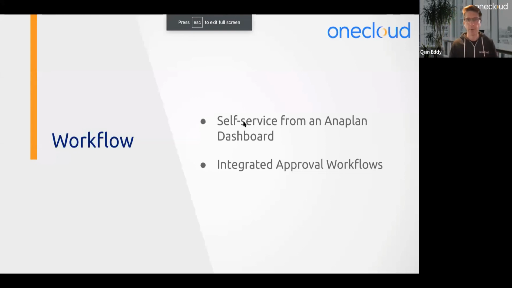And here we're going to focus just on self-service from an Anaplan dashboard and integrated approval workflows. I'll actually talk about the integrated approval workflows first. We just demonstrated that. That's the whole idea of approve your data before you move your data. And then self-service from an Anaplan dashboard, which really makes it easy for end users to run and own their own